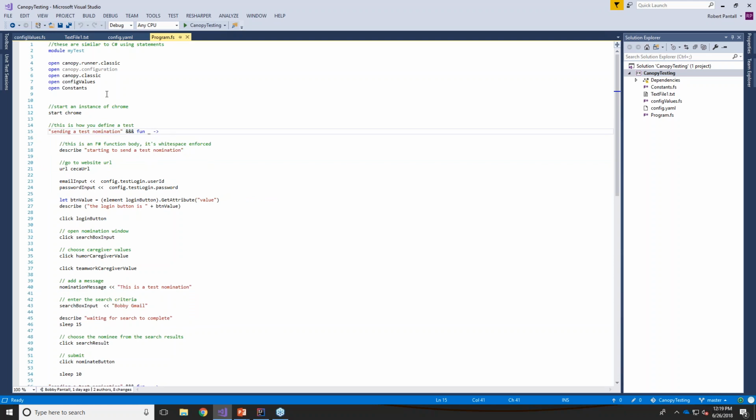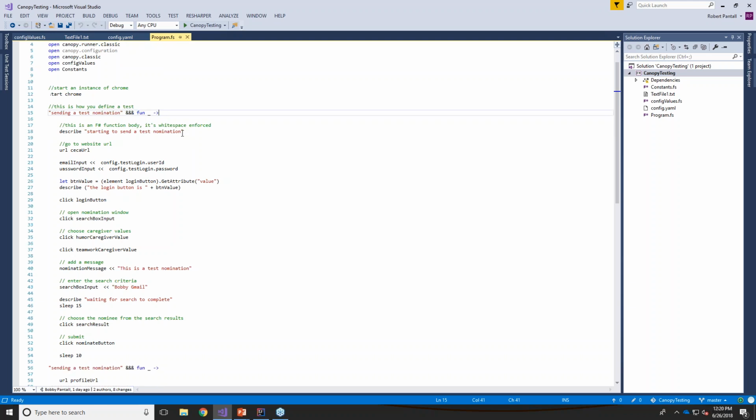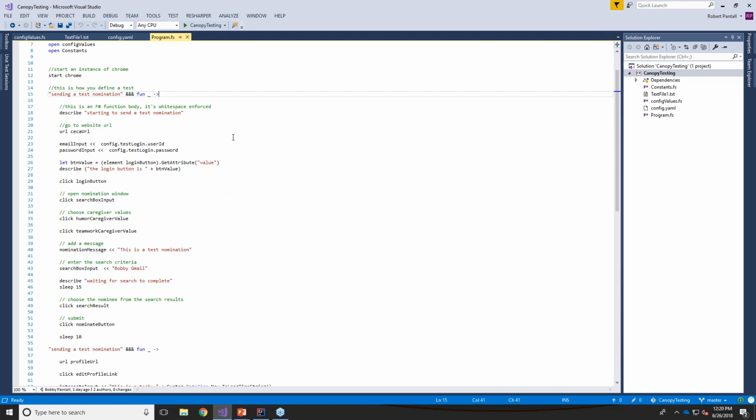Some of this is just dependencies, setting up dependencies, constants, and starting the Chrome driver. But inside the test, I feel it's very expressive and clear what's going on. So a describe just happens to print something out to the window, as you'll see when we run it. But other commands like URL, click, should be very clear what they're going to be doing in a UI environment,